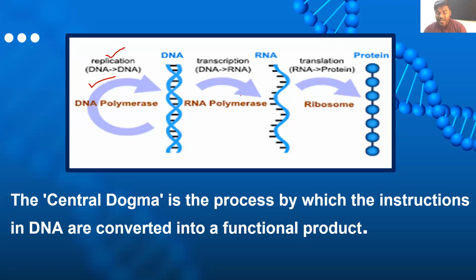Now all the students will get a doubt. Sir, DNA is a very long molecule, but RNA is a very short molecule, which means: is the entire DNA molecule involved in the synthesis of a protein? Never ever. It is never involved. What is the answer for that? Why is the entire DNA not involved? First of all, why would the entire DNA have to be involved? It's not required, right? Only that much amount of information required to synthesize a specific protein has to move from the DNA.